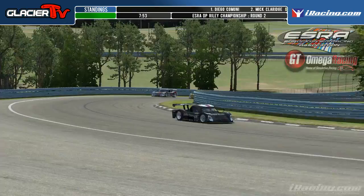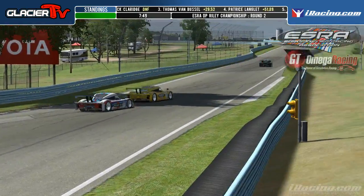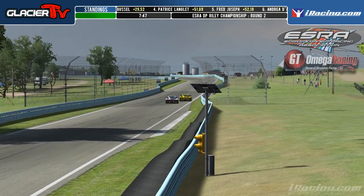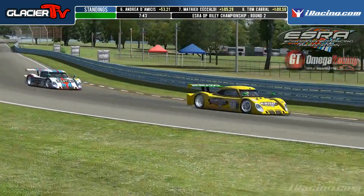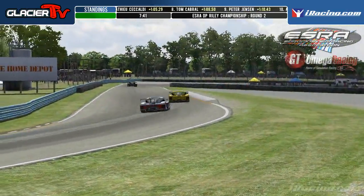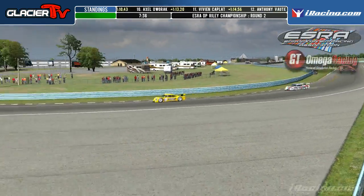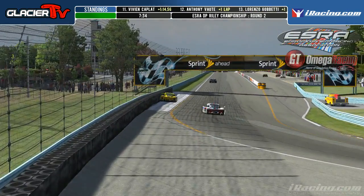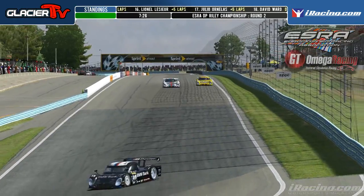Now this corner is really tricky because the car goes very, very light when you start getting on power. As you can see, it just started twitching. And he's really got some nice drive. He's having a quick look down the inside, but this left-hander here is fantastic, really drifting around there. This next corner as well, you want to keep it really tight and then get on the power nice and early, but he's just about to brush the wall. That's great racing. D'Amicis goes back past him,